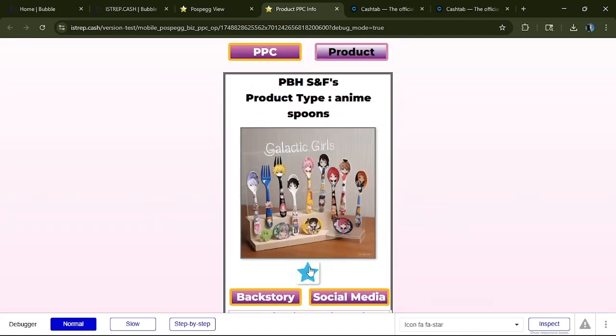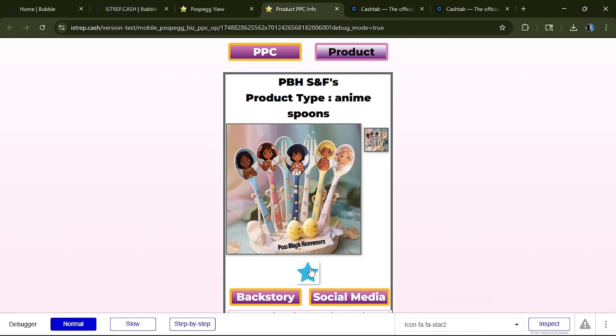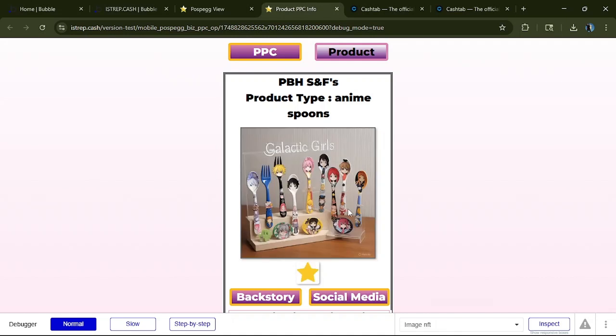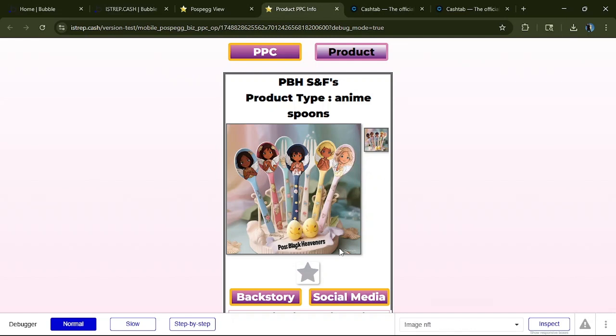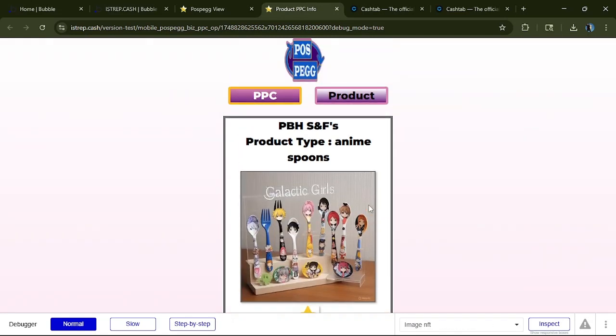So yeah, and you can press the star button here to show you the NFT, or to show you the product, right? This is front facing for the NFT. All right,